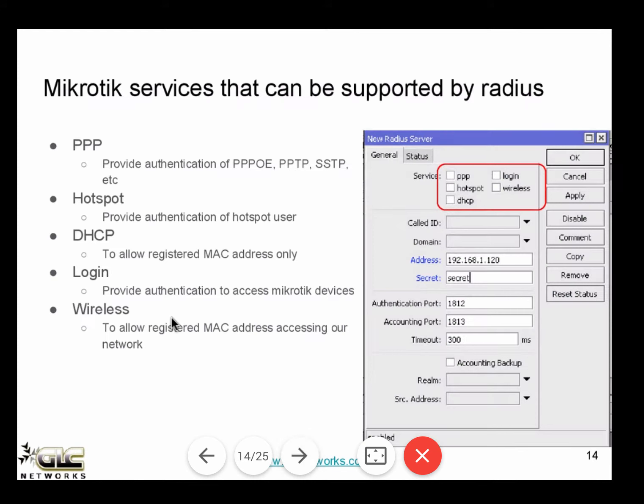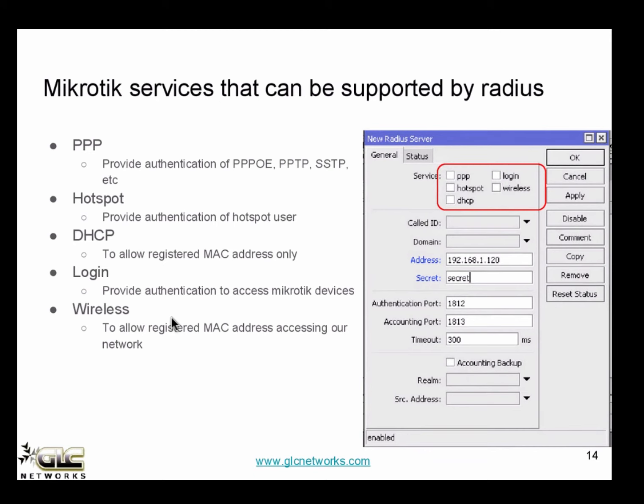So next question is, what kind of services can be supported by Radius on RouterOS? As you can see on the screen here, the ones surrounded by the red line are the services that can be integrated with Radius. So not all. For example, PPP.